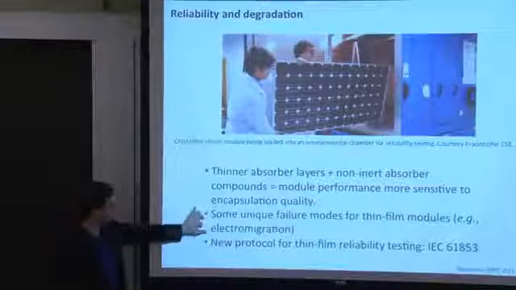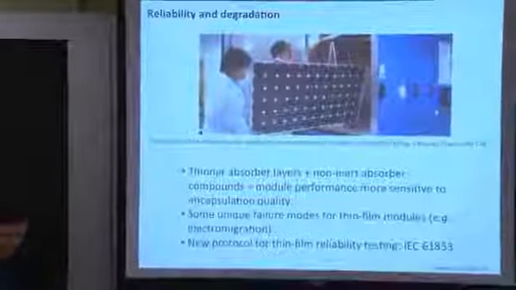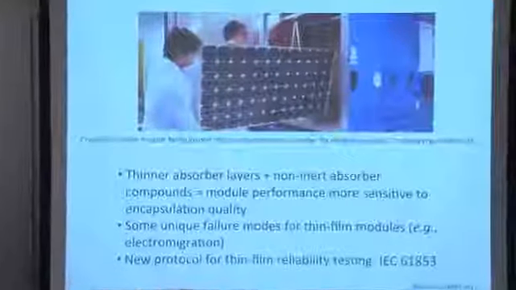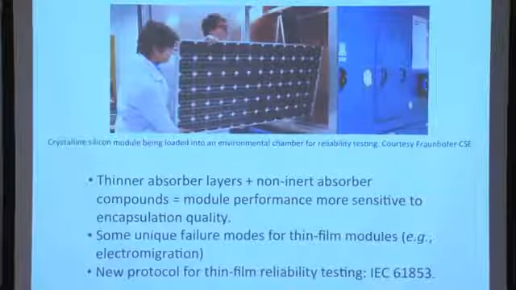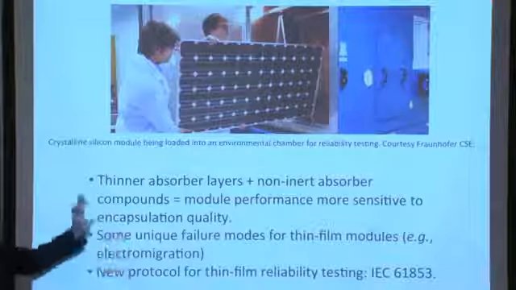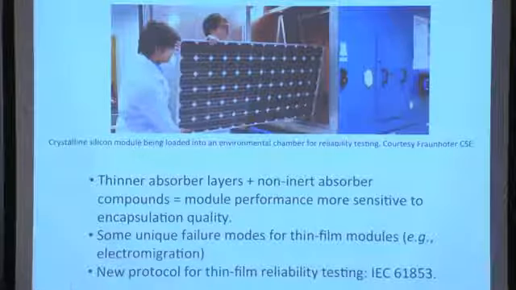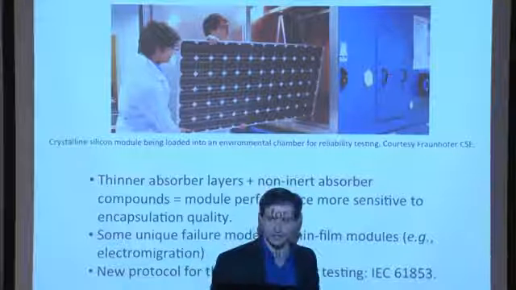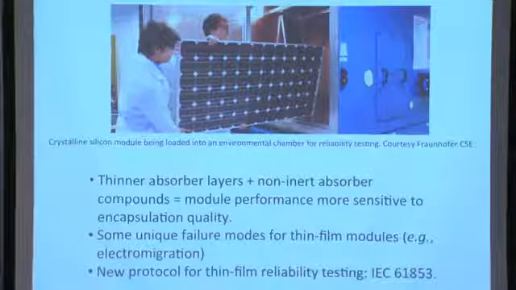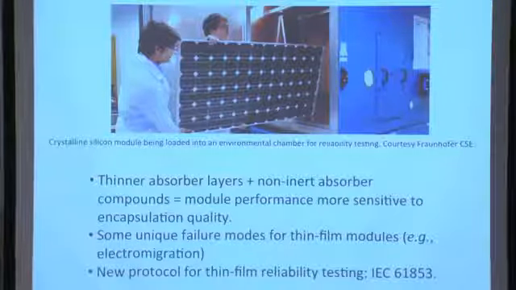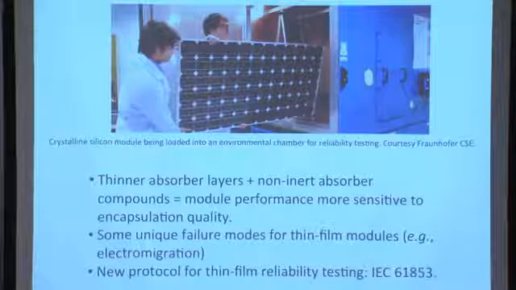And so there are also some unique failure modes for thin film modules. If you have two different species comprising your compound, one of them might be prone to move in an electric field. For example, copper is notorious for zipping along in an electric field and electromigrating. And so that's a failure mode that doesn't exist in large, thick crystalline silicon modules, but could exist in thin films. And because of all of this, and because of the growing realization that the way we test crystalline silicon modules and drive them to failure is not the same as how we might achieve failure in a thin film module, newer testing protocols, such as IEC 61215, have been introduced in an attempt to